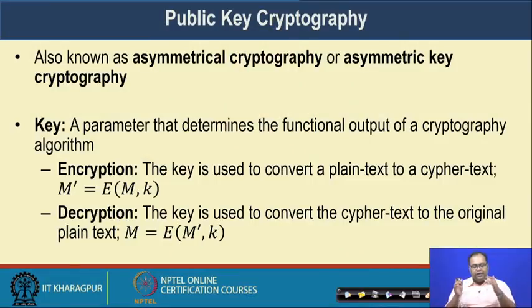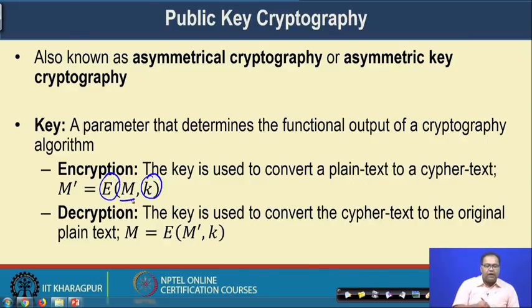So, in cryptography, keys are used for two different purposes. For encrypting a document, the key is used to convert the plain text to an encrypted text, which we call the ciphertext. Here, this K works like a key. The encryption algorithm takes the original information and the key as input and produces the corresponding ciphertext, or the cryptographic text corresponding to the original information that has been passed in.